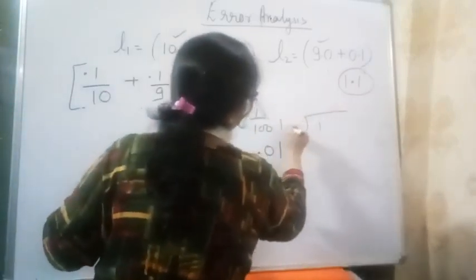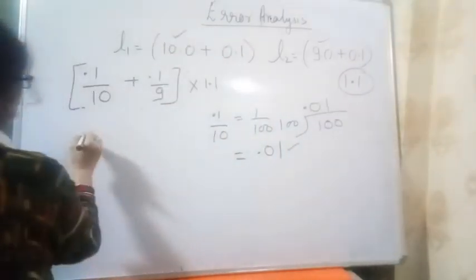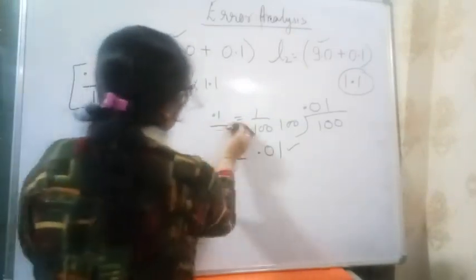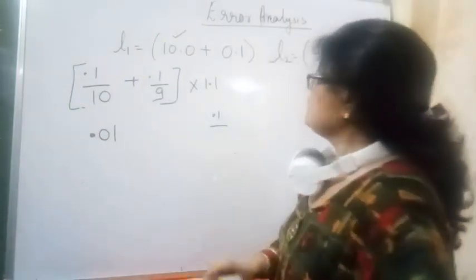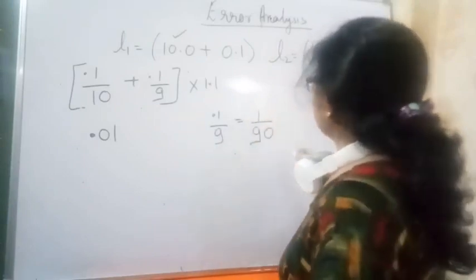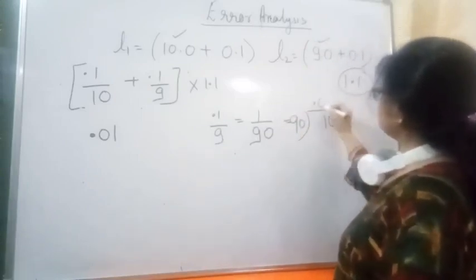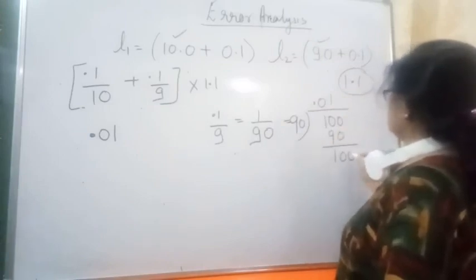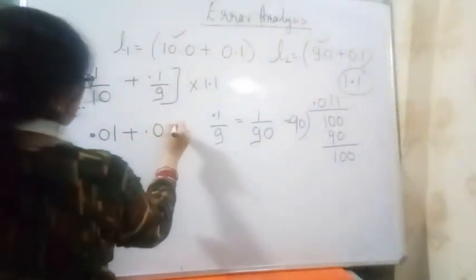Just see over here, 1, then 100, 0.000, then 1. Clear? So the value of this is 0.01. Now 0.1 over 9. You have to divide in the same way. I am just teaching like a little child, but it is necessary. Okay, now just divide 1, write 90 over here. 0.000, 90 will be 90. Then we have 10, then 0, then 90, then 90. That means we have 0.011. Clear?